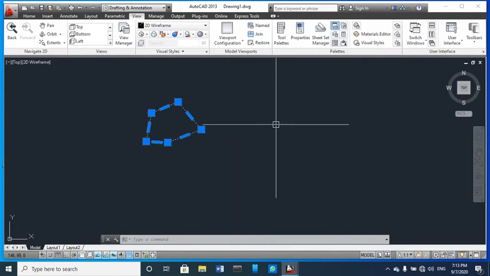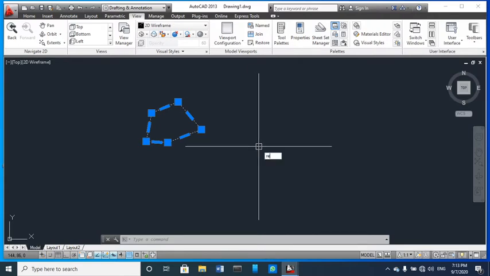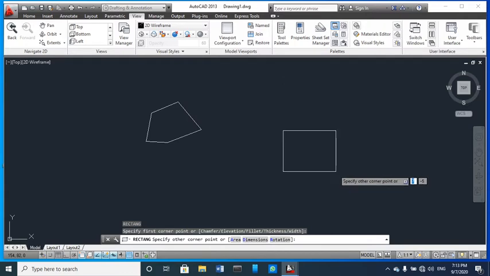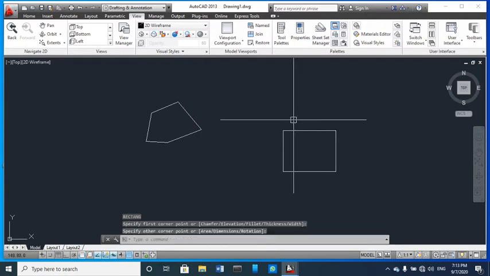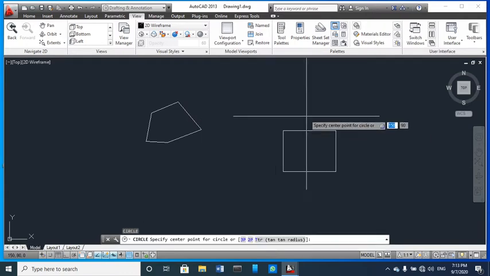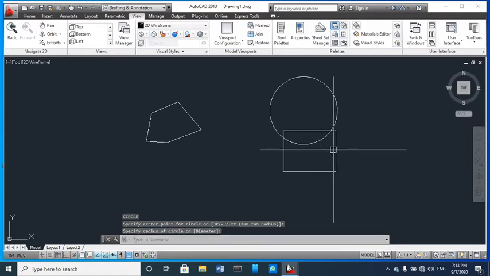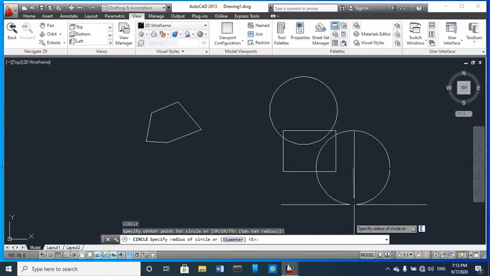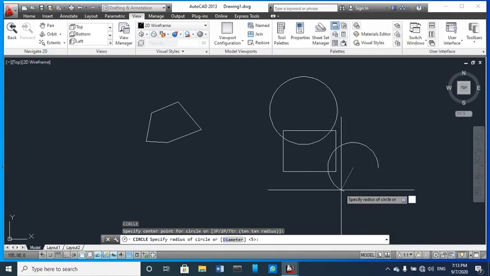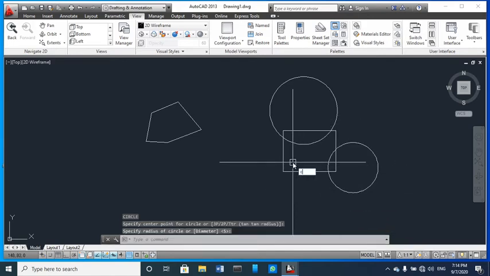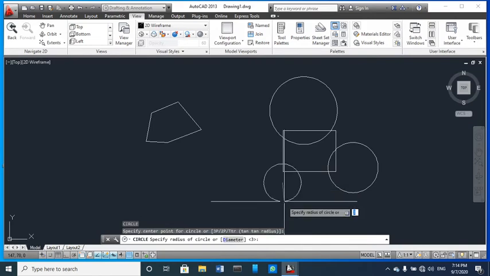Another thing, you can calculate boundary also if there are various objects combined together, like I am going to draw a rectangle and then a circle here, and again here another circle, and one more circle here.